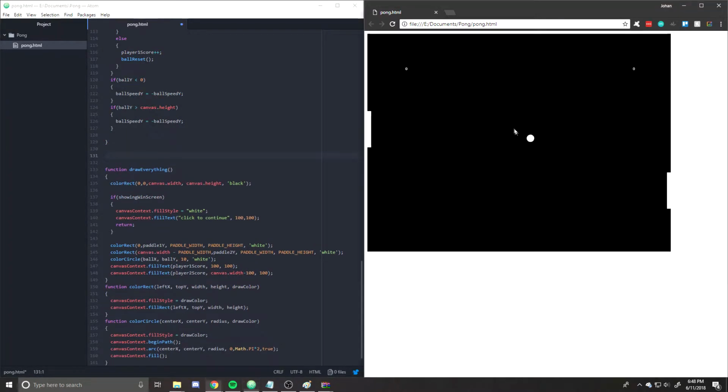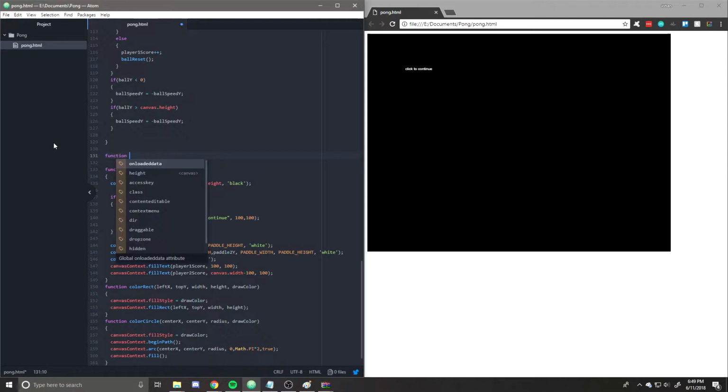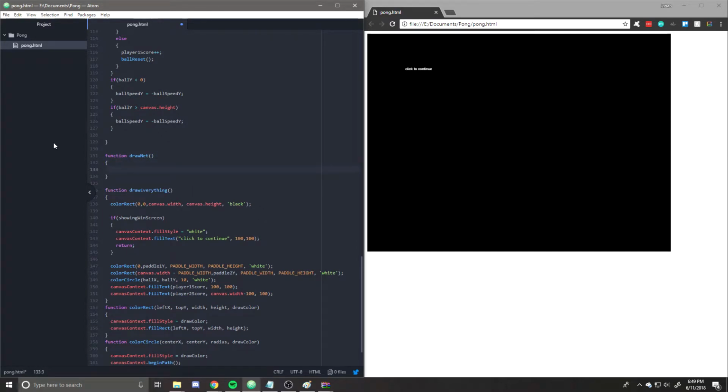Our net is a set of rectangles, well, a set of dashes that go along here. So essentially those are rectangles, and we can use a loop to actually make those rectangles for us instead of calculating exactly how much spacing to do and whatnot. We could just have the loop draw multiple for us. So we'll do a draw net function